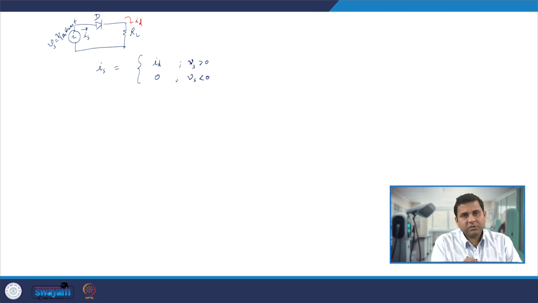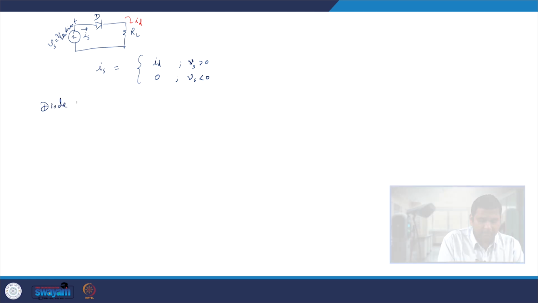So it is the external thing which has been placed, and you have the input source which is not the part of the power conversion unit. Now the only thing which is there is the diode. So now let us see the diode selection, how we can do this diode selection.